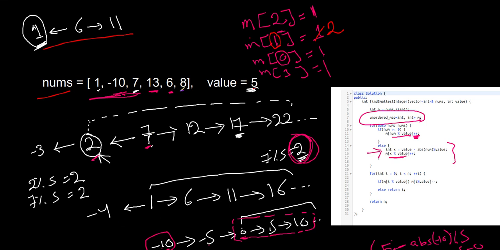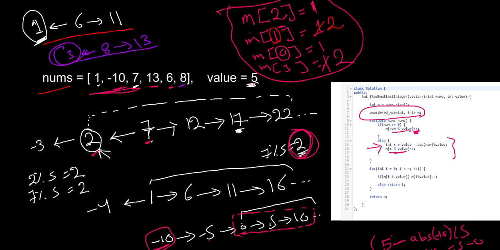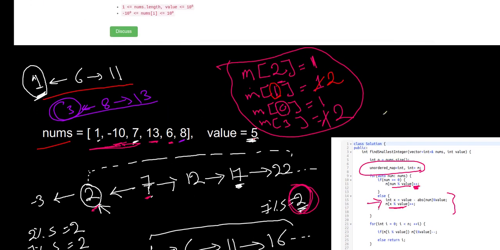Then we have the value 8. So 8 minus 5 is 3, plus 5 is 13. The mod for all of these values is this value 3, and that means we increase this counter by 1. So this is our final dictionary that contains the count for all the mods. M of 2 equals 1, M of 1 equals 2,